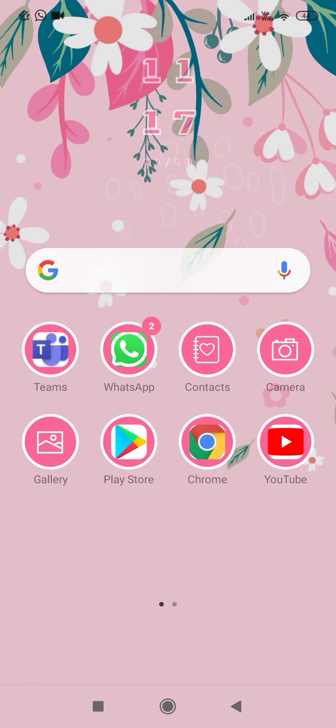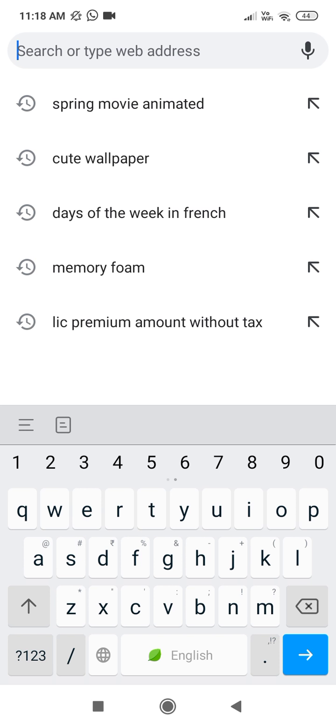But before opening this app, let's go to Chrome, or you can even go to Google. Over here I have Chrome. Let's search for anything. For example, I think we can take the printouts. You can search any kind of topic you want to take a printout of, or maybe you want to color any kind of picture. So choose the topic. Which topic can we choose, guys? I have no clue which one we can choose.